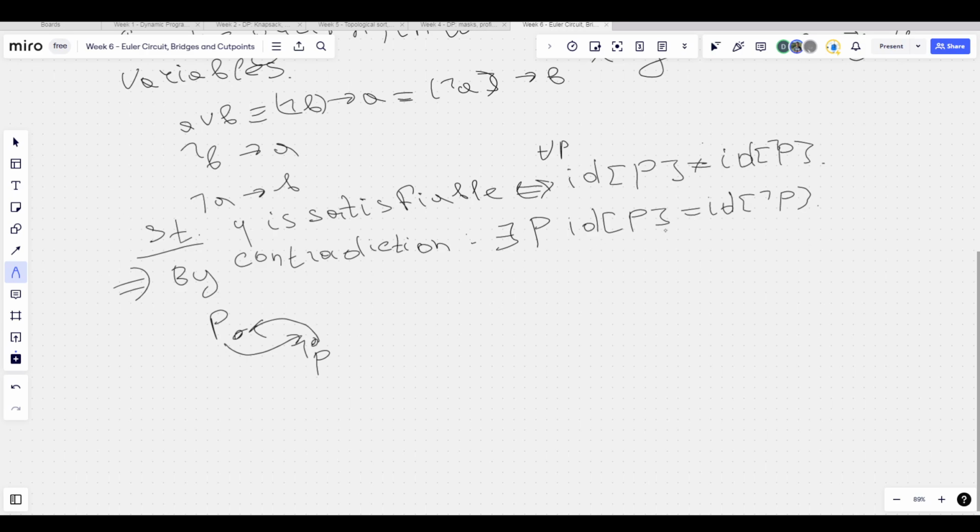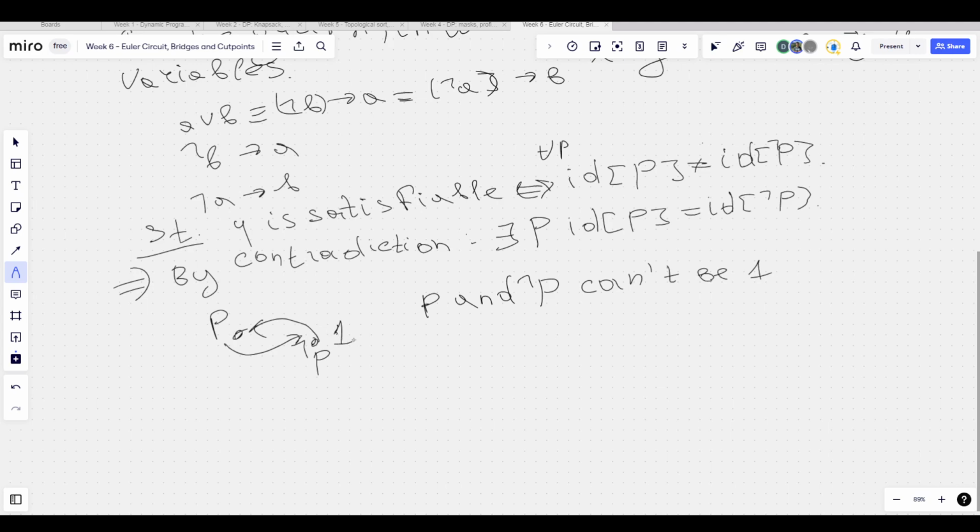So we get a contradiction, because P and not P can't be one,